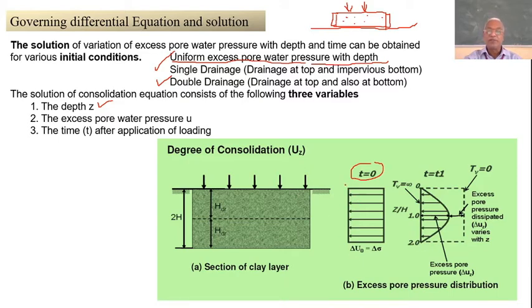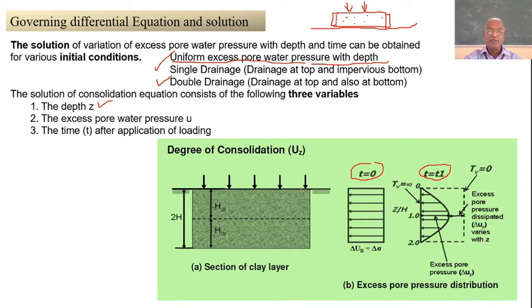So here there is a plot. As the depth goes on changing, here they have shown pore water pressure. Now once you apply the pressure at time t equal to 0, there is delta U naught as the pore water pressure. The change in pore water pressure is delta U naught, and it is the same everywhere. You can see that, right up to the bottom it is the same. Now as time passes, an intermediate time is taken, some time t1.